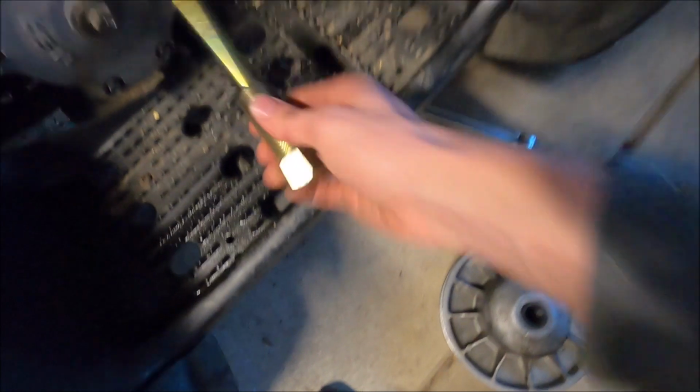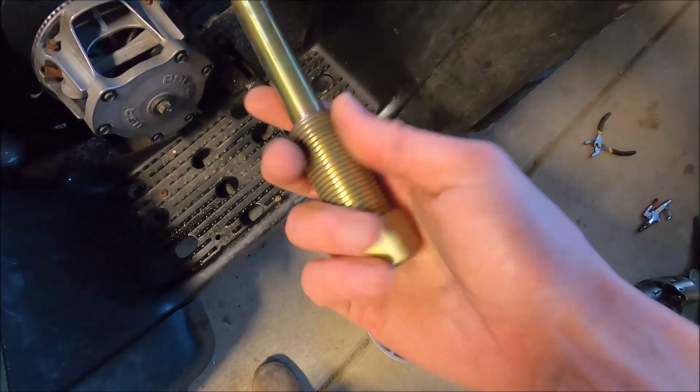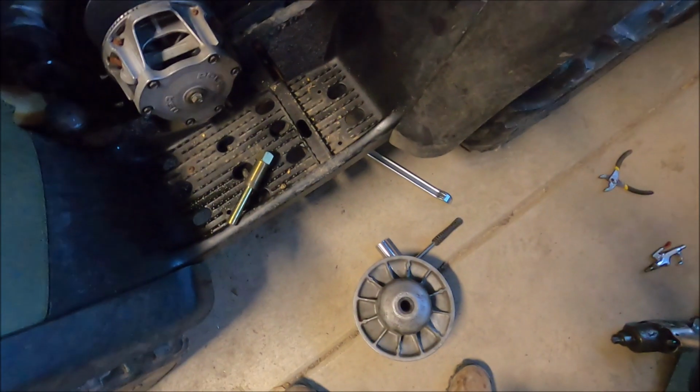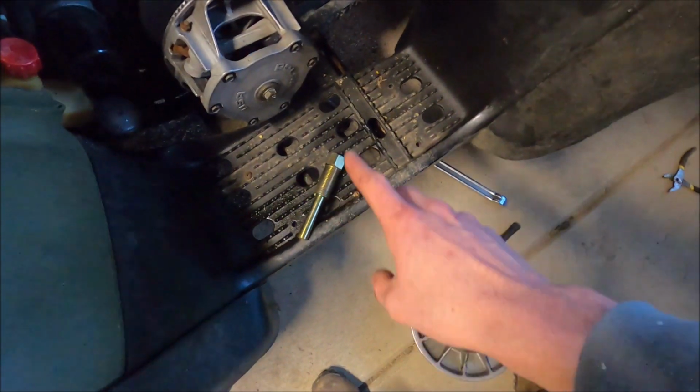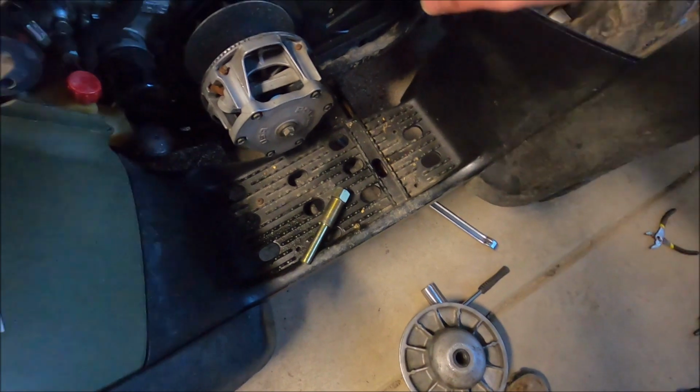Got it off. Really helps to have the right tool. This guy was about 30 bucks. Online, they're anywhere from $30 to $50 anyways. But the fact that I got it same day, I had to go to a dealership, well, 2 dealerships this morning. One was about 40 minutes from my house, and then the next one was about an hour 20-ish from